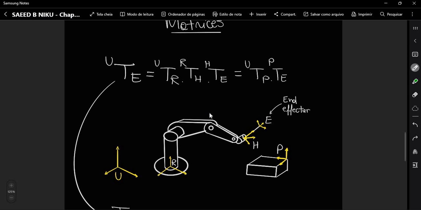To guide me, I will use the text of the book, so I will basically read what it says. So let's suppose that this robot is moving in the direction of P, in order to drill on this workpiece P,